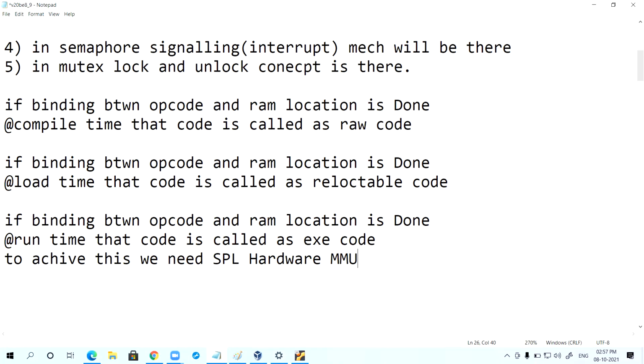RAM space should not be unnecessarily wasted. So our main target of the memory manager is to manage the RAM space in such a way that it does not waste the RAM.